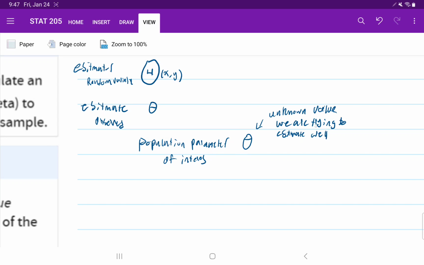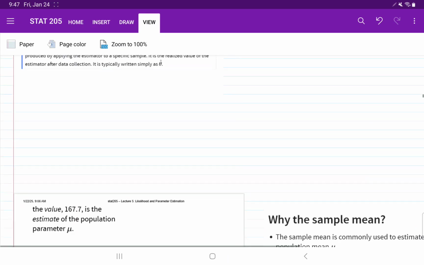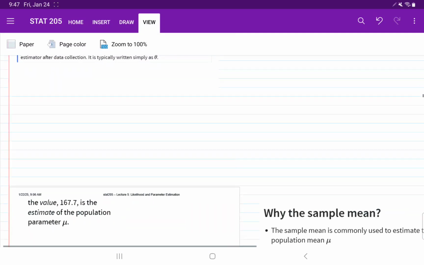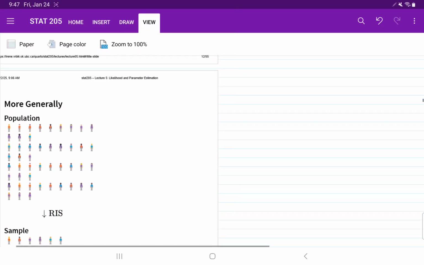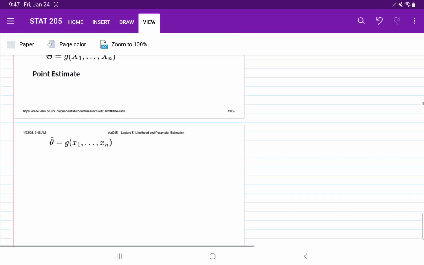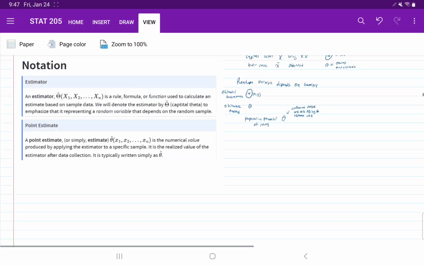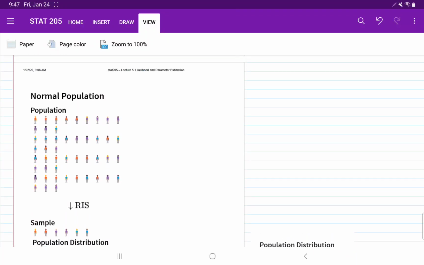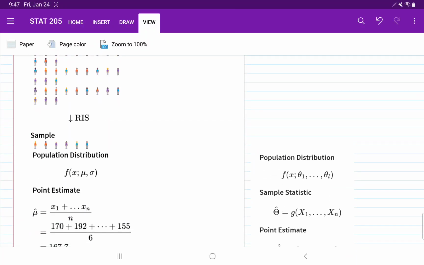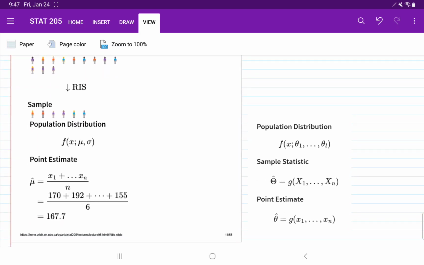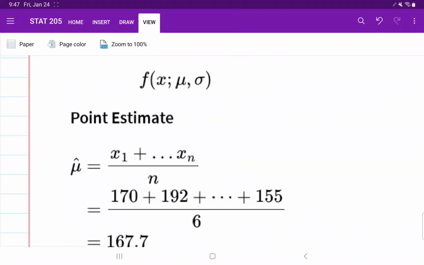All right, so just to give some context to those ideas, if we return to our normal population example, our theta 1 in this case is mu, and our theta 2 is sigma. Those are our two population parameters of interest. So I can create a plug-in estimate. This mu hat is basically my theta hat. This is going to be my plug-in estimator function. I should be more specific that the thing on the right is my estimator. And once I plug it in,